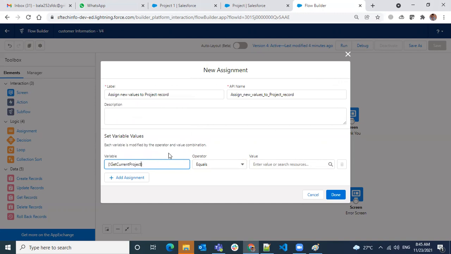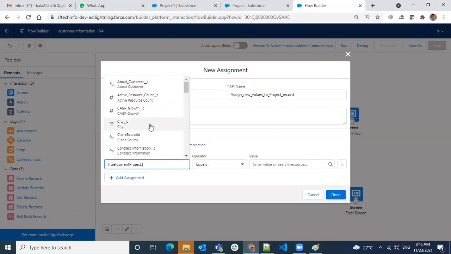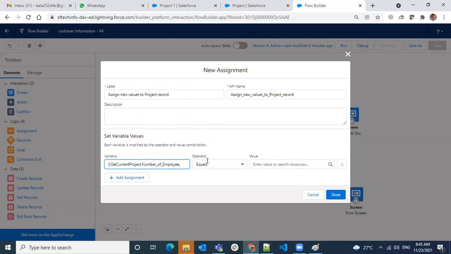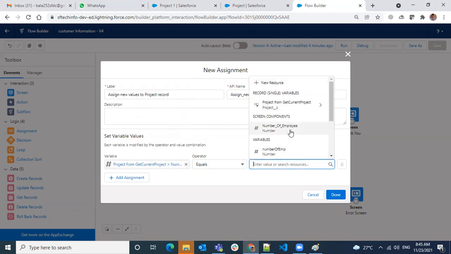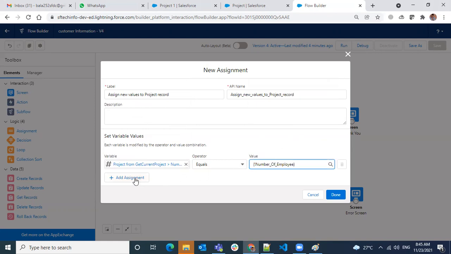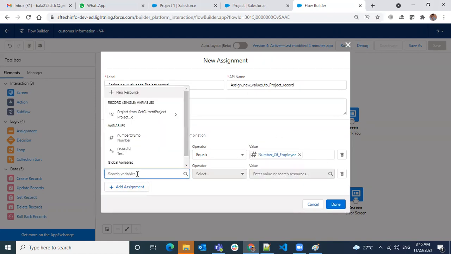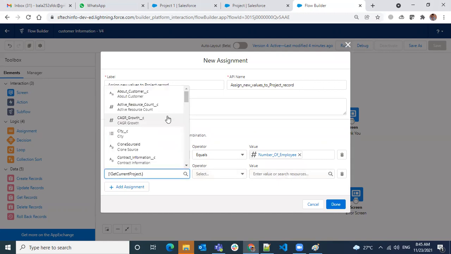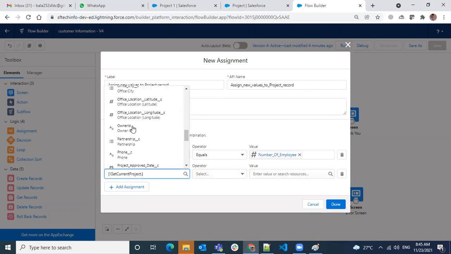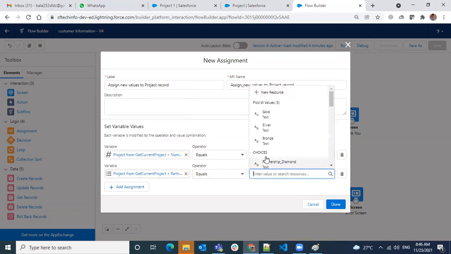I want to have the number of employees. So number of employees equals the number of employees in your screen component. And then in this current project, I want to take this partnership. Partnership equals partnership.